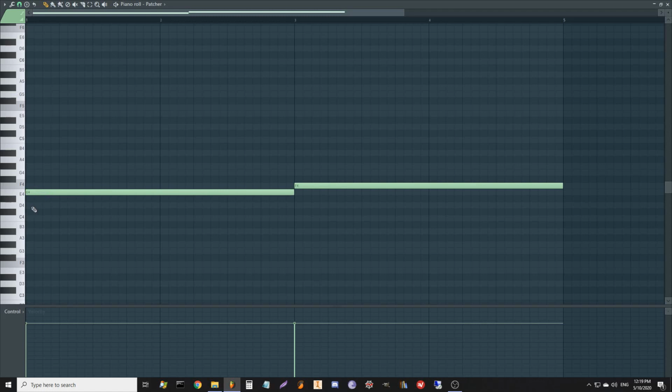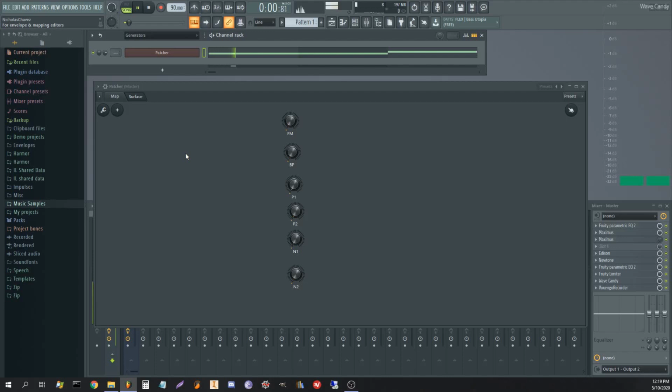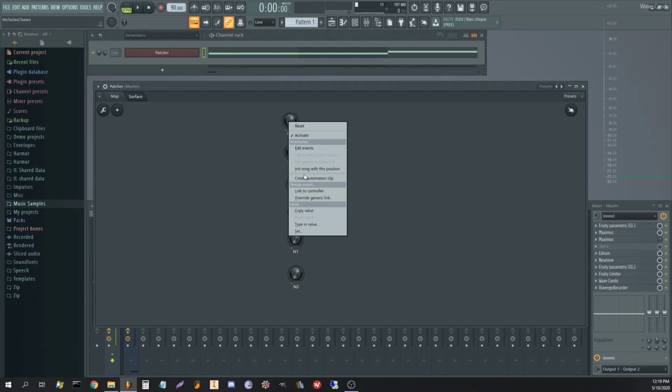I actually do make a lot of my notes D, because even though you lose the sub a bit lower, the rest of the overtones, if it's thick enough, kind of make up for it. It just kind of depends on the context of your song. So we're just gonna have a nice E F thing going here. So not much going on, but let's